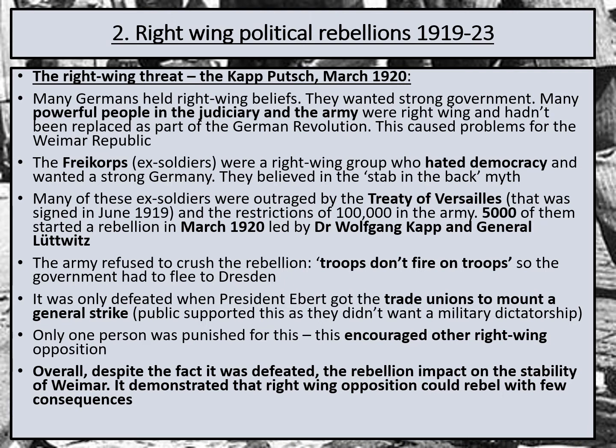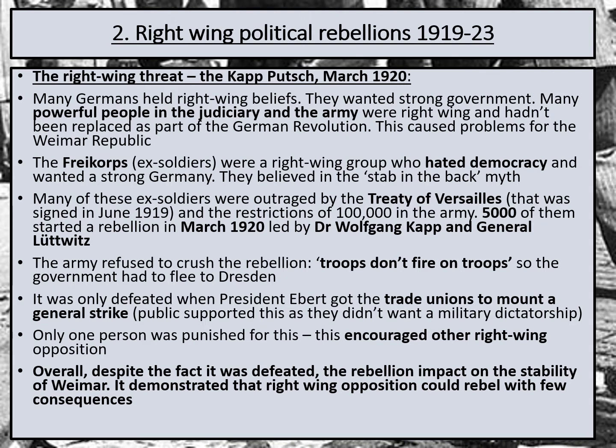They wanted to oust this government who had signed such a terrible, terrible treaty that really undermined the army and betrayed the army in their view. So in March 1920, Wolfgang Kapp and General Lutzwitz from the army led this group of Freikorps against the government. And the government were now in a really, really